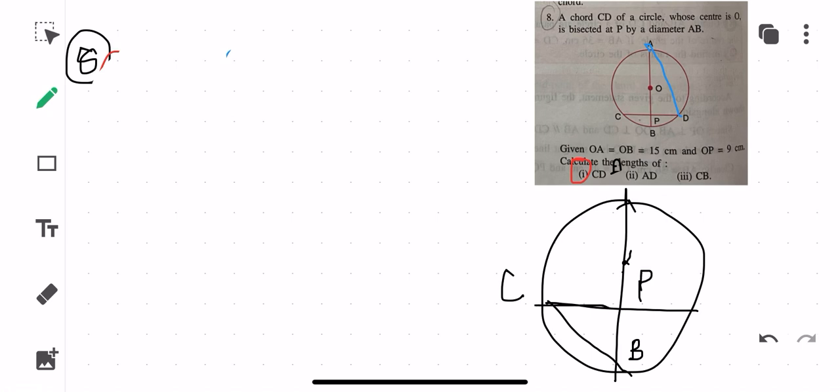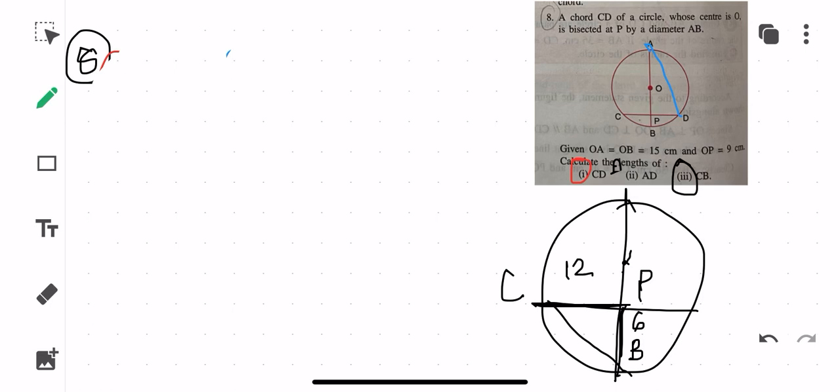You know how much is the length of PC, right? PC we have calculated as 12, and BP we have calculated before as 15 minus 9, that is 6. So this will be equal to root over 12 square plus 6 square, that is 144 plus 36, that is root over of 180. So this third sub question is also an easy one, children. Using the Pythagoras theorem in triangle BPC, you can find the answer. The only thing was you had to use the Pythagoras theorem in this particular question.